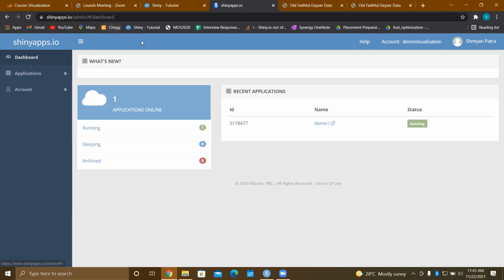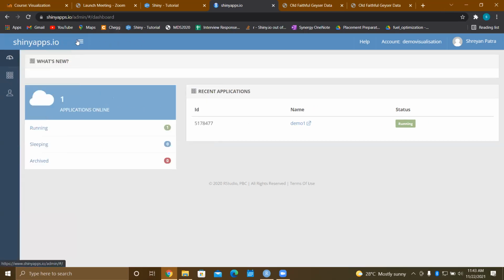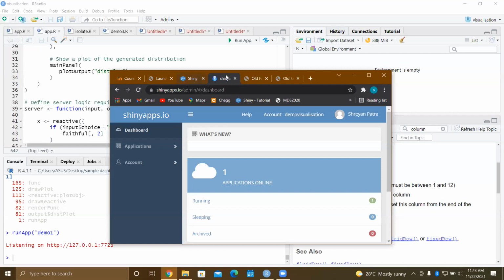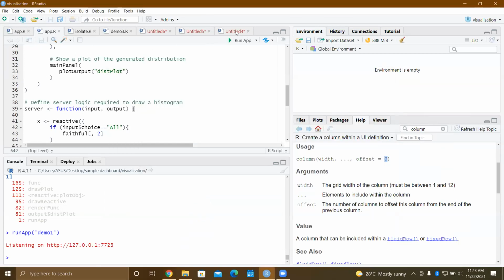You can just infer from Shiny app's own dashboard page. They have used the dashboard layout. These images can be added, these things can be added, everything can be done. So this template is available. Yeah, this template is the one which I showed.